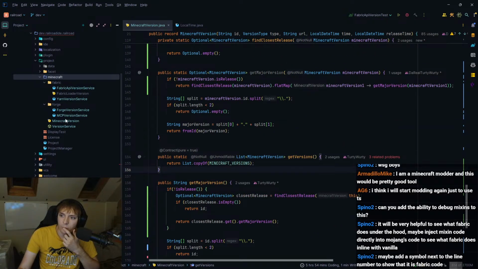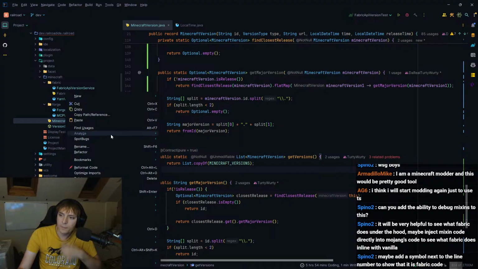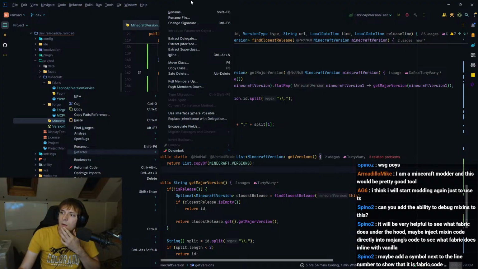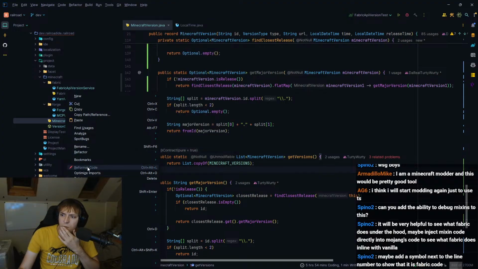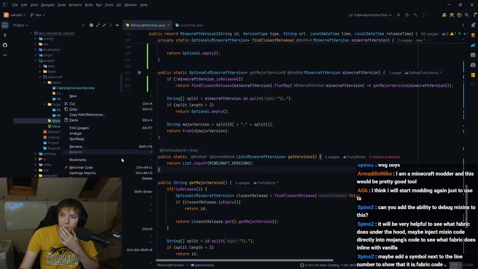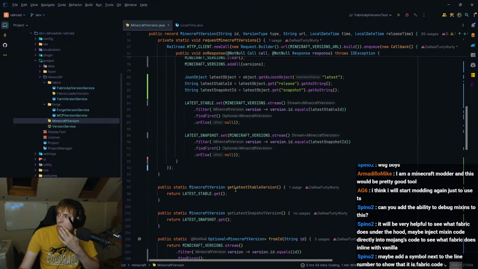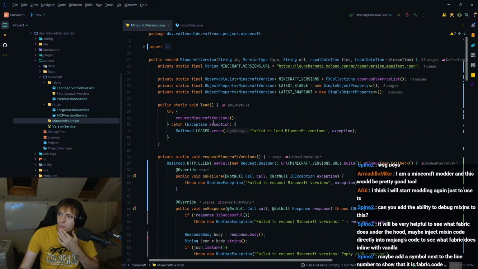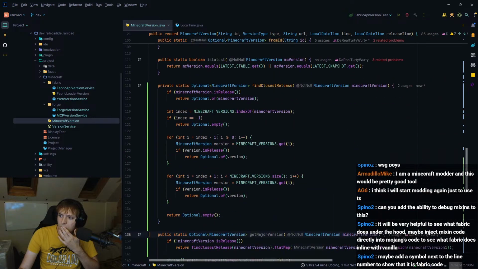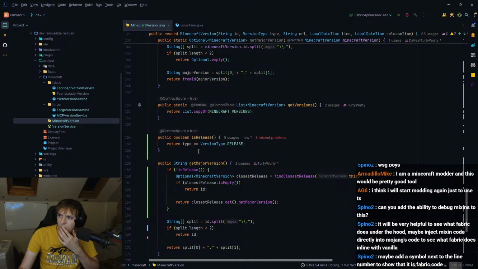One thing I will do real quick is just refactor. No, not that one. This one. Reformat code and just rearrange the entries. There you go. That just moves everything to be in the correct order. Some things were a little bit out of order.